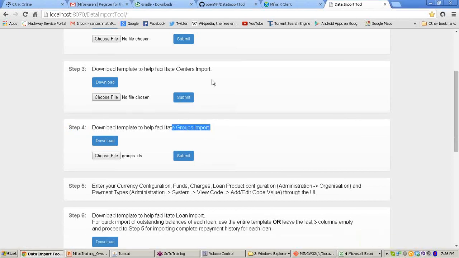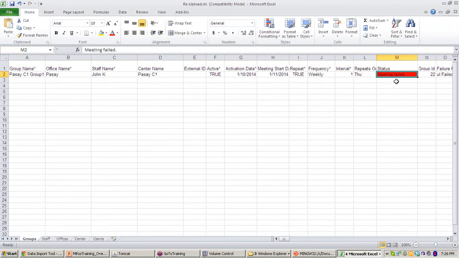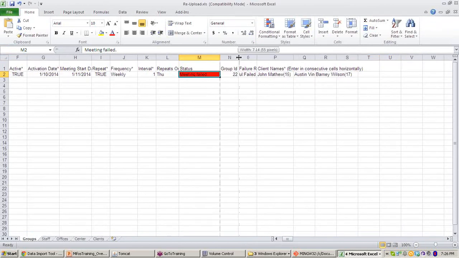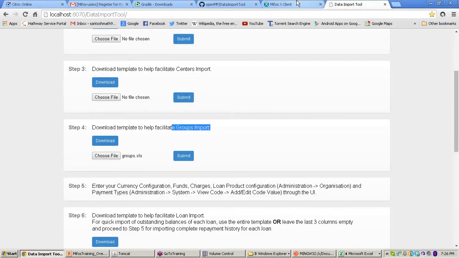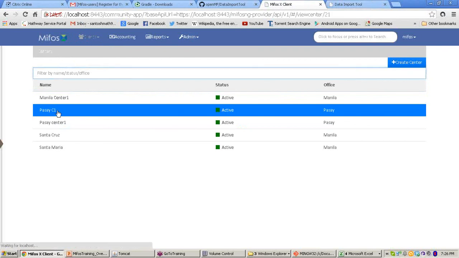Let me check what that is. Okay, here it is showing meeting failed. This is how it will throw errors whenever the data is inconsistent. But in this group case it is showing some error, but when we go and check here, let's go to center, PASE C1.